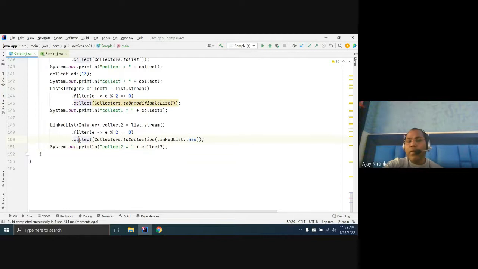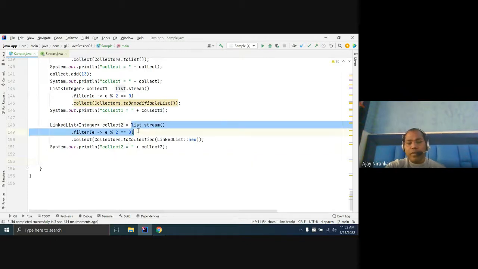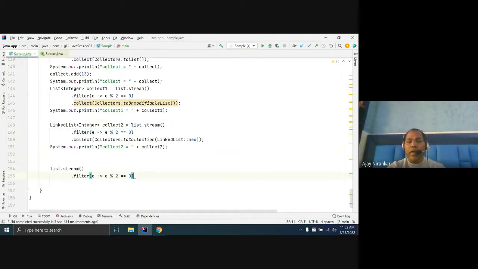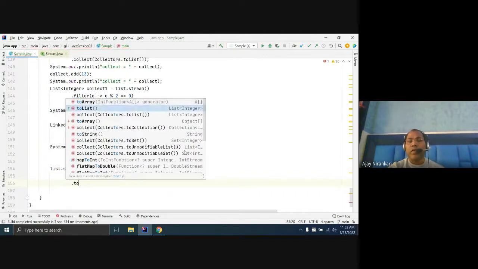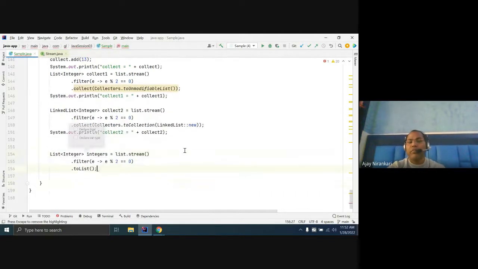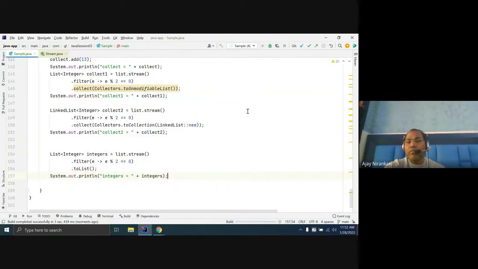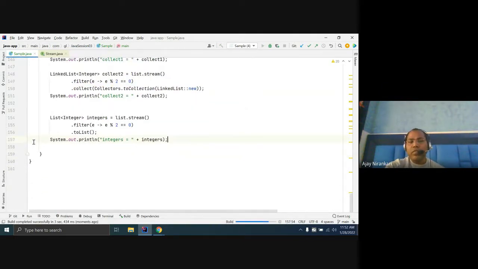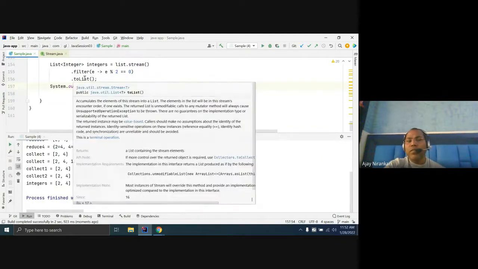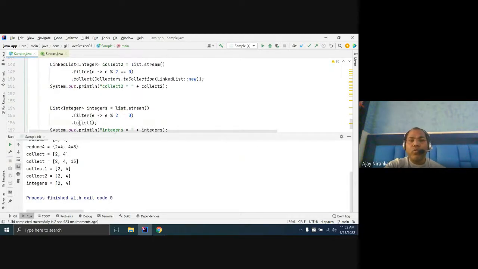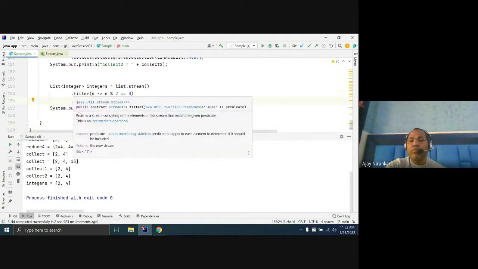These are available since Java 8. But Java 17 has done one more improvement. It says instead of writing this, why not write toList itself? And it returns a list. That is a much simplified version, and that's how you got the list of all the even numbers. So this API is only available since Java 17. Yes, sorry, Java 16. If you are not using Java 16, maybe you cannot apply toList directly on the stream function.